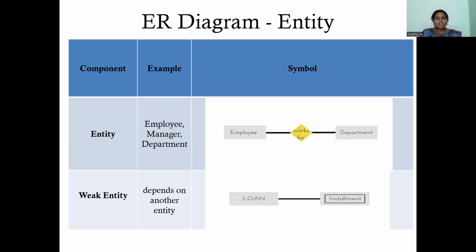See this example with the components employee, manager, and then department. Employee is one of the entities and the department is one of the entities, and the diamond symbol is the relationship. Okay, and the weak entity is a double rectangle that depends on another entity. So in this example, loan and installment: if you are borrowing a loan, then we have the installment, otherwise we do not need any installment. Okay,